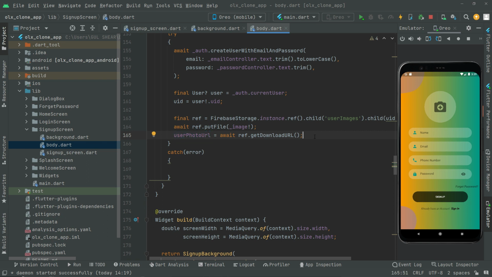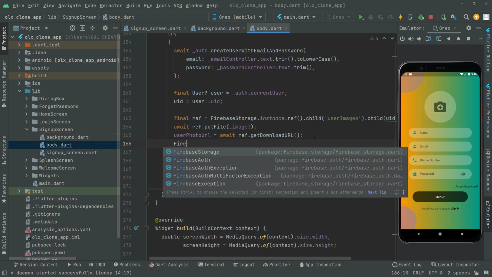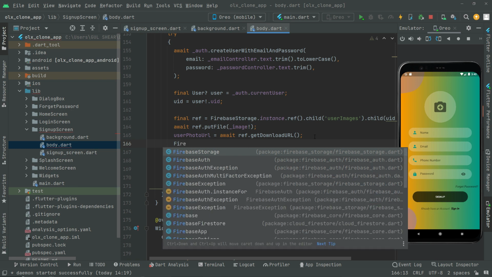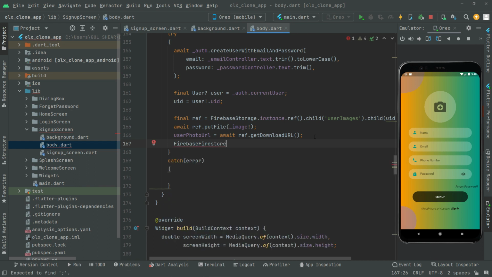We're gonna get the other data, and we will just store it right inside the Firebase Firestore, okay, and we're gonna create a specific collection for the users. So in here, let's do that. We'll say Firebase Firestore, let me see the suggestion, there we go, and in there let's create that instance. And as I told you already, we'll create a collection by the name of users, okay, which is going to be right inside that, and we'll say document